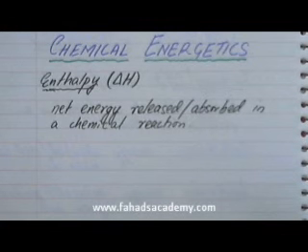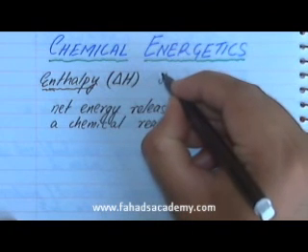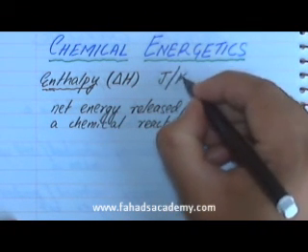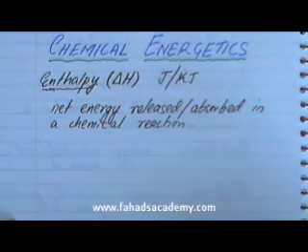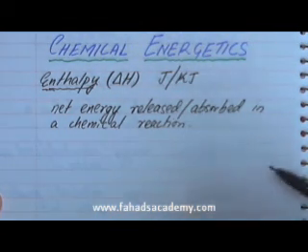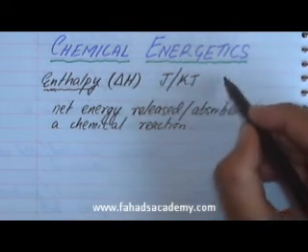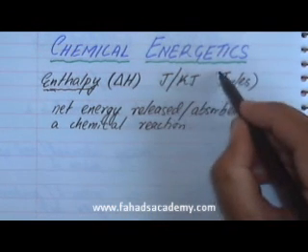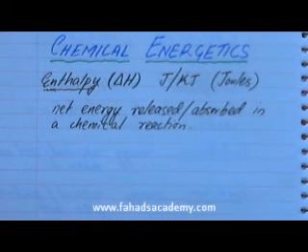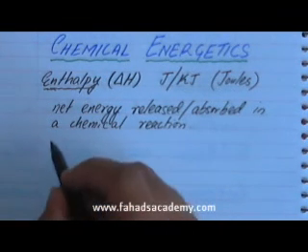The unit for enthalpy would be written as J, or also as kJ, which means kilojoules. J stands for joules and kJ stands for kilojoules. So joules is the unit for energy. Secondly, there are other terms that need to be defined as well, and one such term is